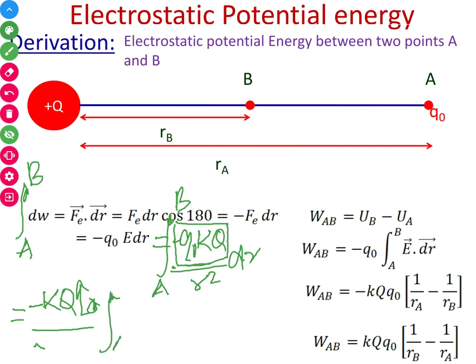So integral from A to B of 1 upon R square into dr,